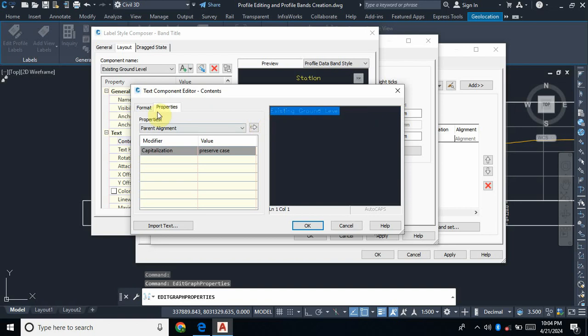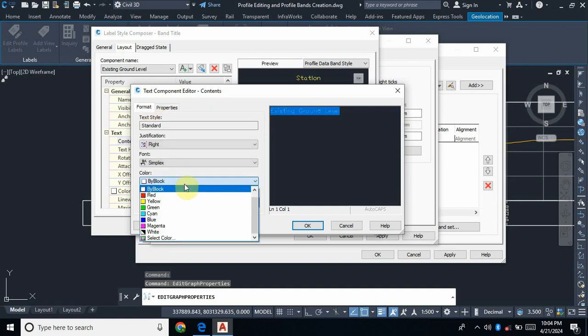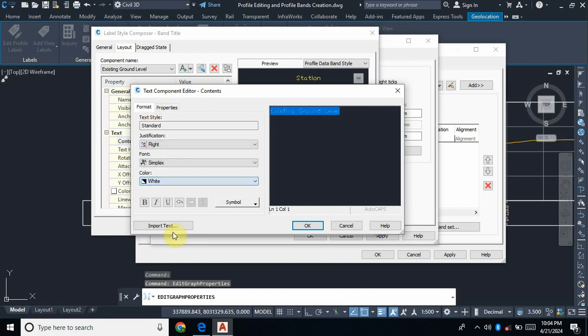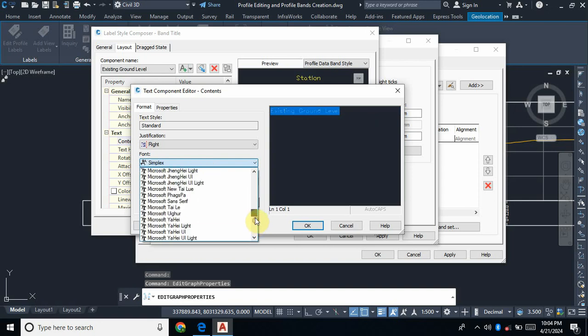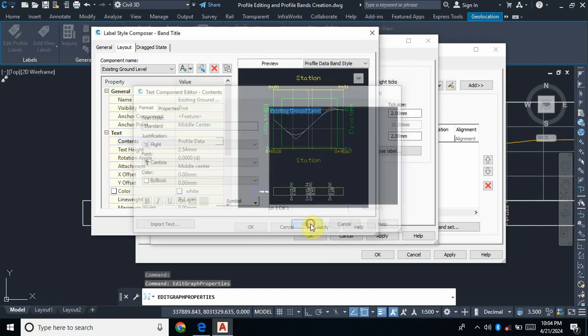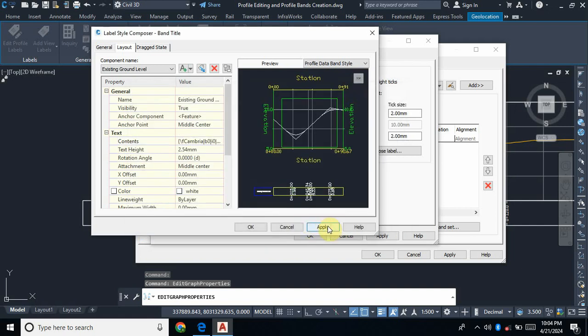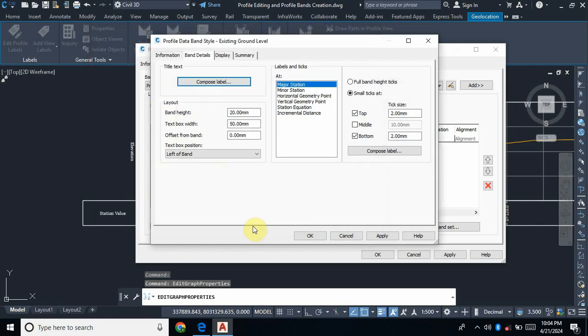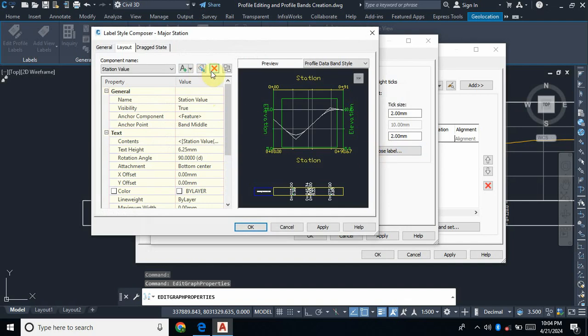Select everything, you come here, then you choose a color of white. You can always change the font to Cambria. Here is my Cambria. Then you click OK, then you apply. From there you click OK. Then from there you come on to compose the label style. Then from there you can see that we have got 2 profile bands, so we want